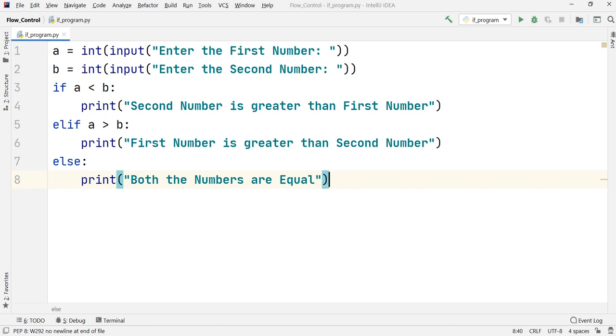Okay, for understanding the concepts better, we had taken this simple example of checking which is the largest number among the two. If you could just recall, we had taken these two variables A and B, in which we had asked for number 1 and number 2 respectively from the user. Then we had checked in the first condition in front of if whether A is less than B. If so, we had said that the second number is greater. If the condition A greater than B was true, then we had printed out first number is greater, and if both the conditions were false, then we had executed the part which was written inside else.